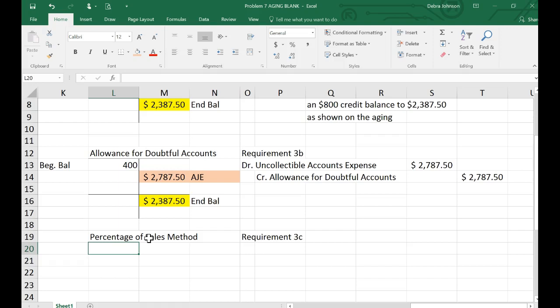The allowance method looks at all the accounts receivable that's sitting on the balance sheet, no matter how old they are. But the percentage of sales method only looks at the current year sales, and it multiplies it by a set percentage. And that percentage, again, would have to be calculated by looking at the company's past history as well as taking into account any economic considerations. So in 3C, it says that uncollectible accounts are estimated at 2% of sales. So we would go ahead and take the